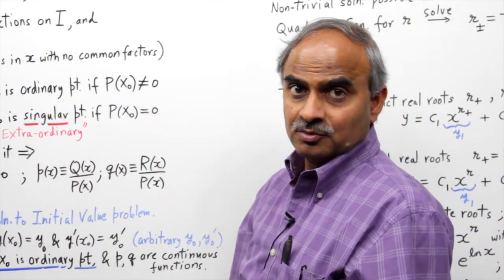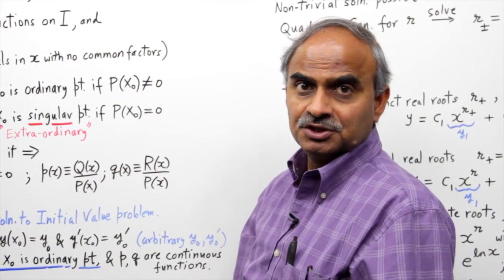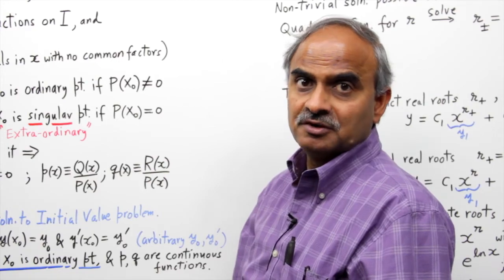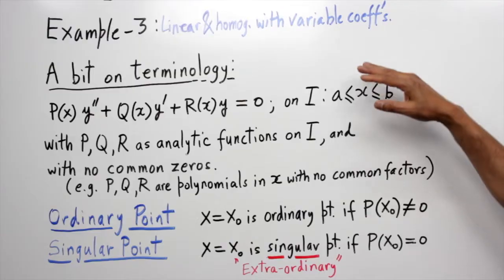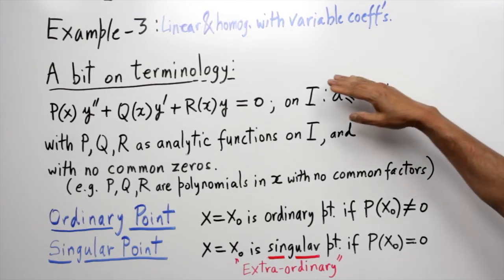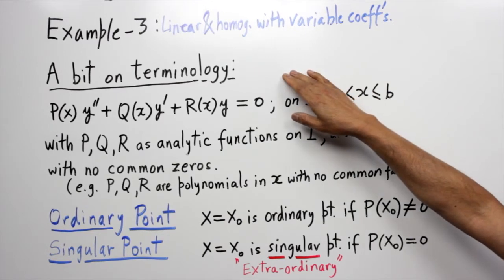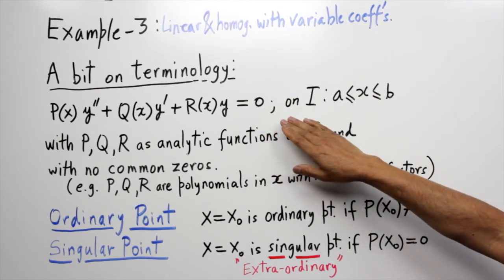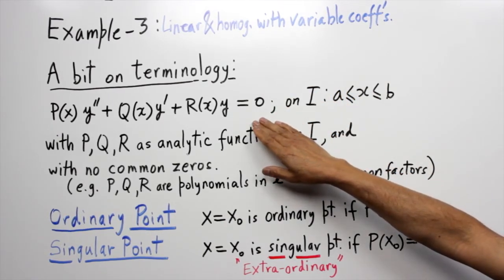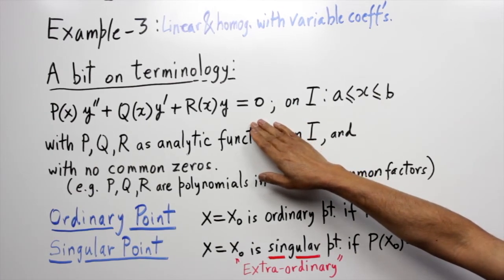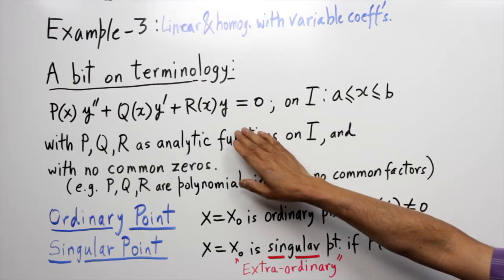We want to talk now about examples of homogeneous differential equations which have variable coefficients. We want to begin by first introducing some terminology. So we can write a general second order homogeneous differential equation with variable coefficients in this form, with the